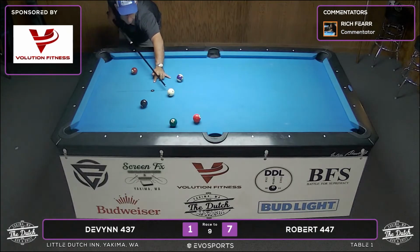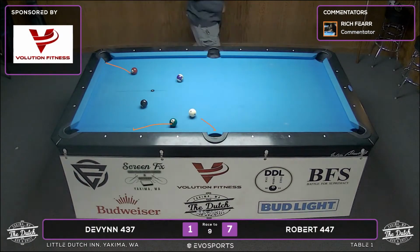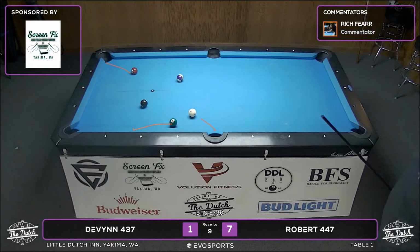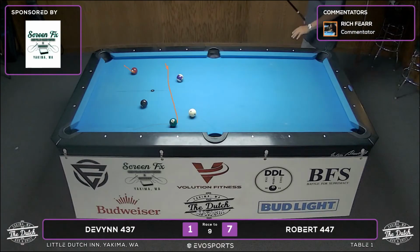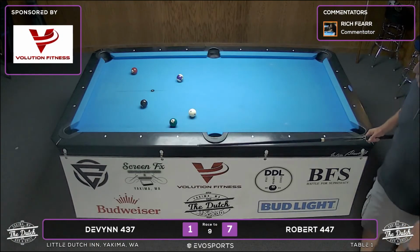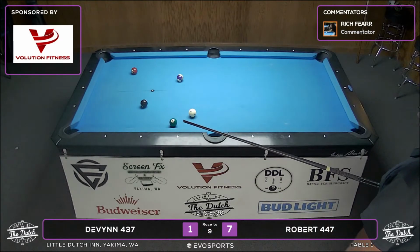See, now I think most people here would start with the 7 ball. Shoot this first, then this, then this. It just makes for an easier pattern to get to the 8 ball. So now he's having to shoot the 6 ball, because shooting the 7 ball now, he's going to have to really work the angle to get over for the 6. The 7 ball he can cut and come straight across, but he has to really pay attention to his speed to get a good look at that. And then he has to move the cue ball around more to get to the 8. But had he shot the 7 first and come forward, then it's just roll forward on the 3, roll forward on the 6, 8, and